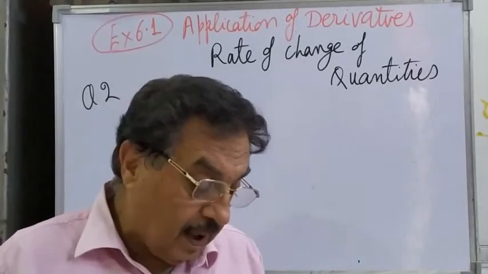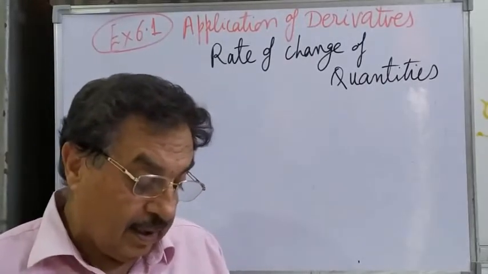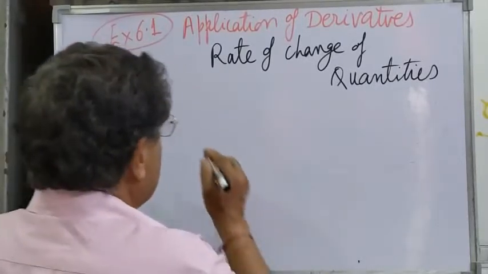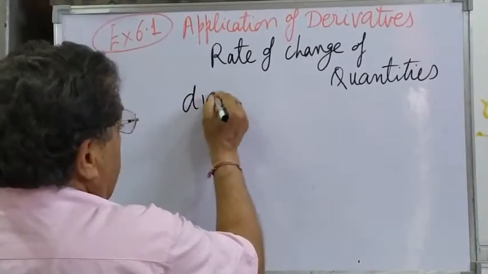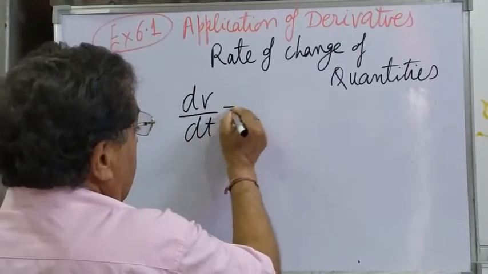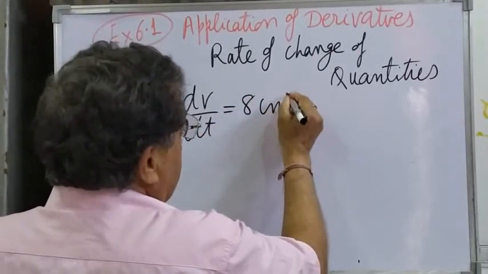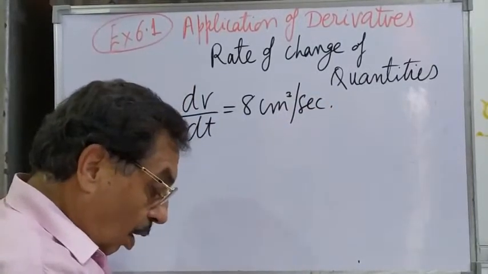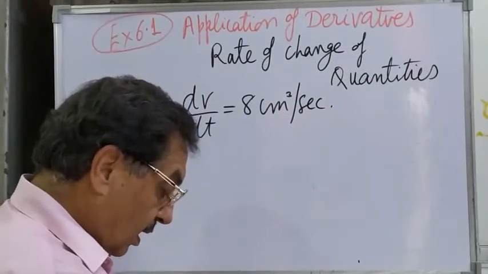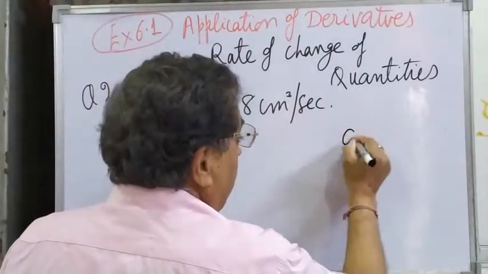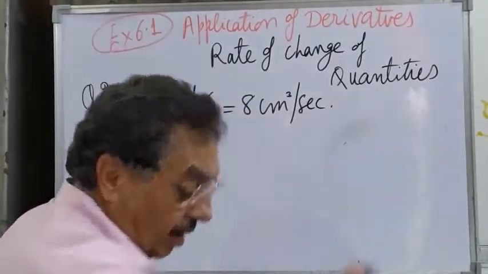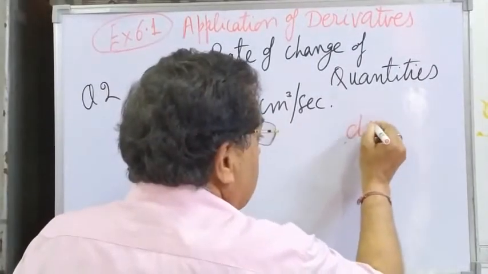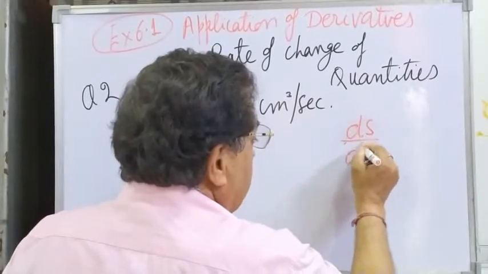So now what is being given? The volume of a cube is increasing at the rate of 8 centimeter cube per second. So we have been given dV by dt is equal to 8 centimeter cube per second. How fast is the surface area increasing? So we are supposed to find out how fast dS by dt,